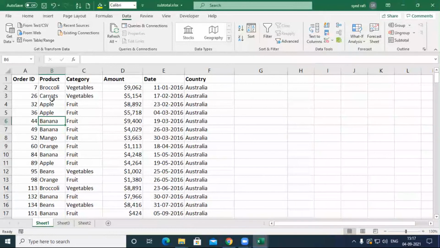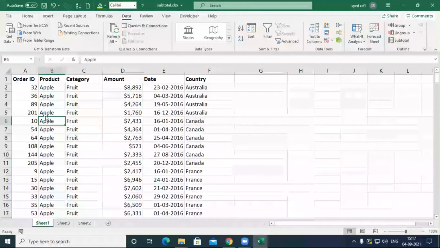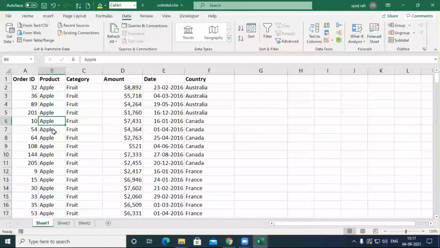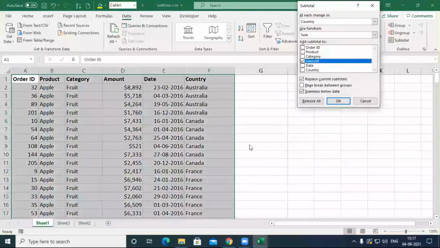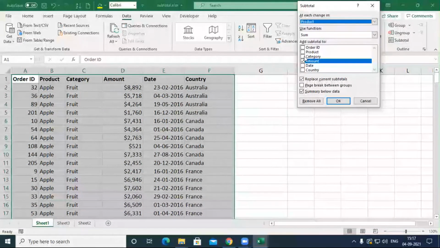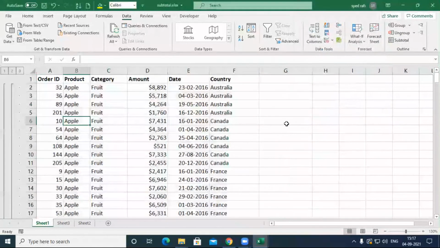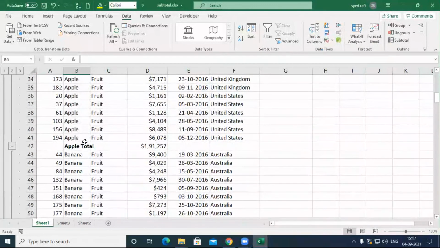First, you must put the product in ascending order. So I click here, and all the data will be in ascending order. Then click on Subtotal. At each change in, select Product, and for the amount, you must select Sum, and say OK. What happened? Product wise, Apple,